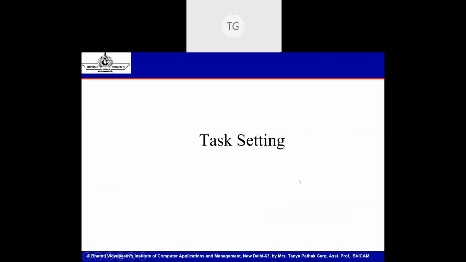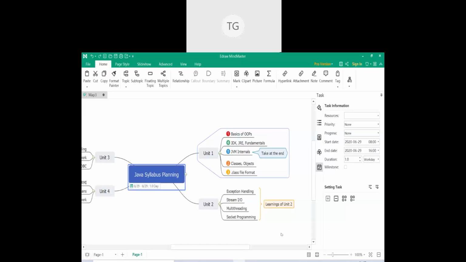Next is task setting. So beneath the mind map, the 3 dots, you can see the last option in the form of a calendar icon or a task icon, which is a task bar. So it can be possible that you want to plan your mind map as well. You want to generate certain notifications with it. Not just do I want to generate a hierarchy that what am I teaching, what are the components, so on and so forth. I also want to attach timelines that, okay, this is my Java syllabus that I want to start, say on so and so date.